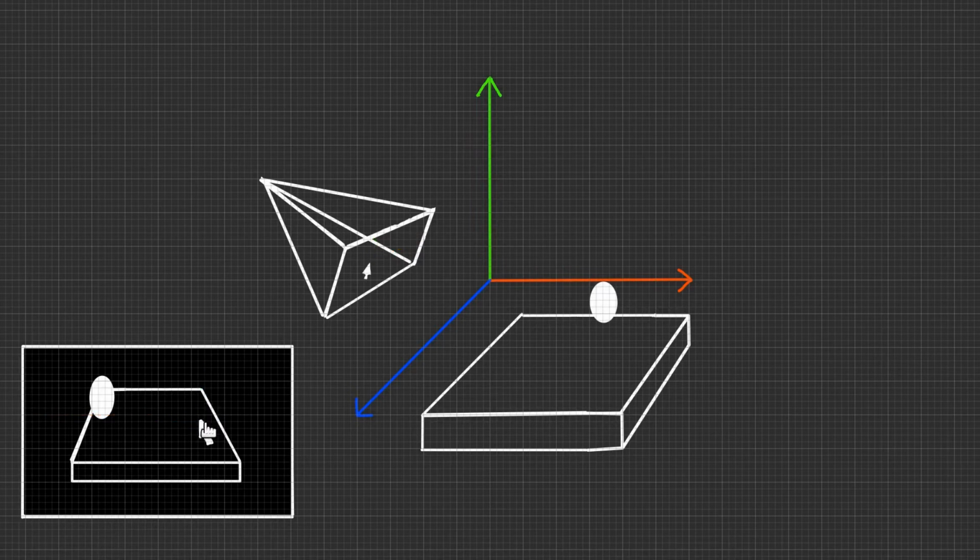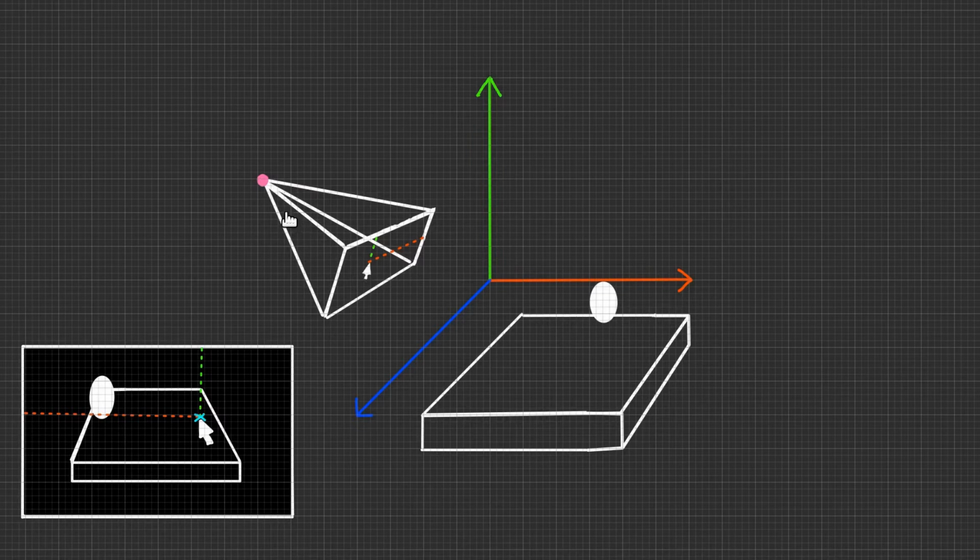So the point we want to get, if we're pointing on our screen, right there, on our ground, which would be somewhere over here in 3D space. So somehow we need to find the 3D coordinate, the Vector3, of that point from just this mouse cursor on the screen. And how we can do that is if we have the origin of our camera, and then